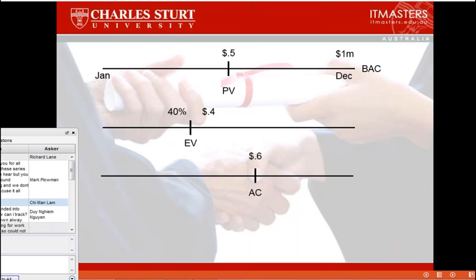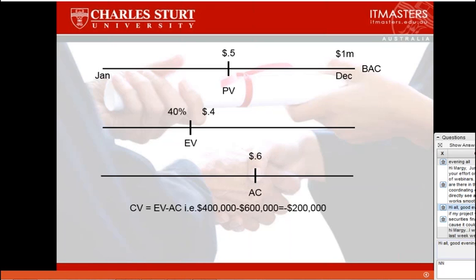The planned value, which is the budget; the actual cost, which is the money we've actually spent; and in the middle we've got the earned value, which represents the work we've actually done. So those three terms are the center point of earned value. And if you understand what I've just said about those three points, what they actually mean, you're halfway there.